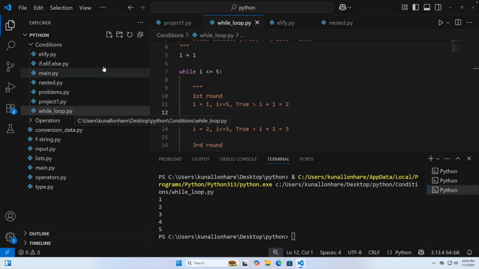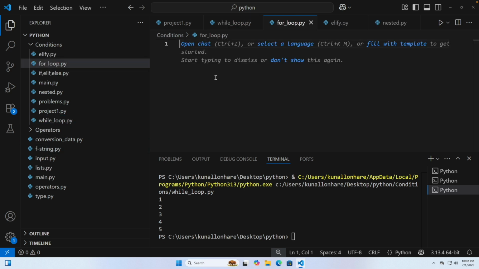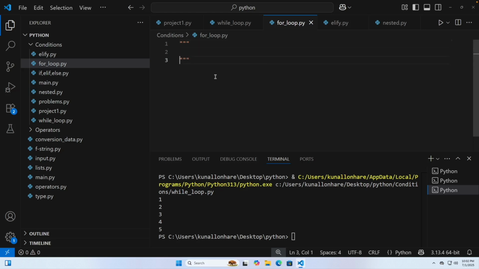Now let's talk about the for loop. I will put the file name as for loop dot py. So let's discuss the for loop. Again, it has a very simple syntax. Basically, for variable in a particular list,